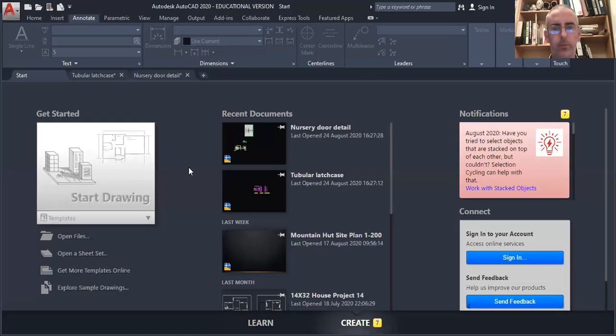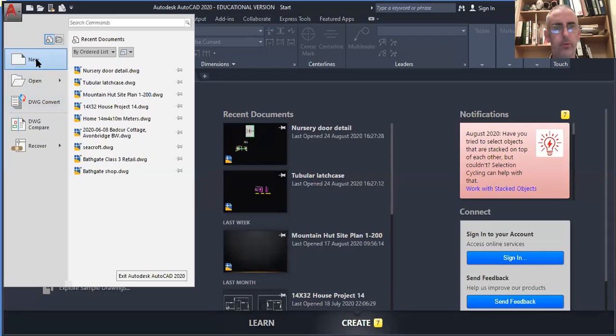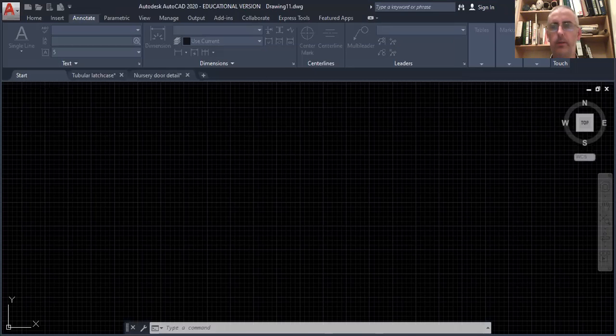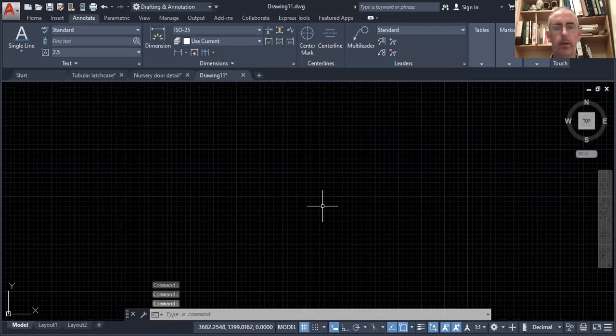Right, we're going to look at a couple more line commands, and for this case we're going to go back into a new drawing. So it's going to be New. Go down to our template CAD ISO and open that. And we're just going to look at how we can join lines together, making sure that we're working with our